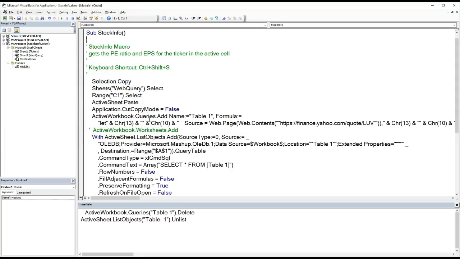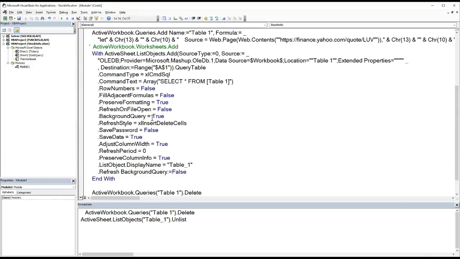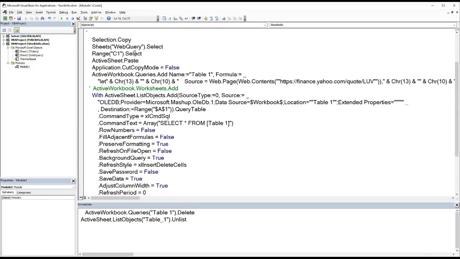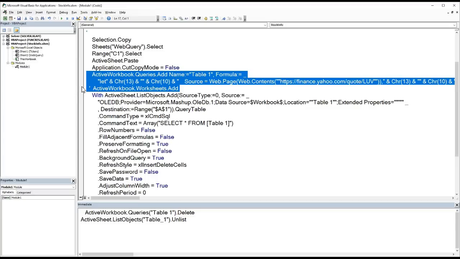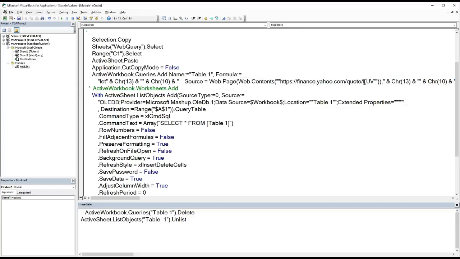That should take me back to my macros. We'll notice that even though I'm pasting that information there into C1, I'm not yet referring to that in the creation of the query. And so right here, it's hard-coded always to, well, it's a little bit sad, but the computer's looking for love,